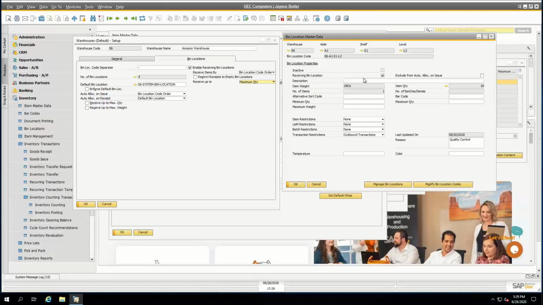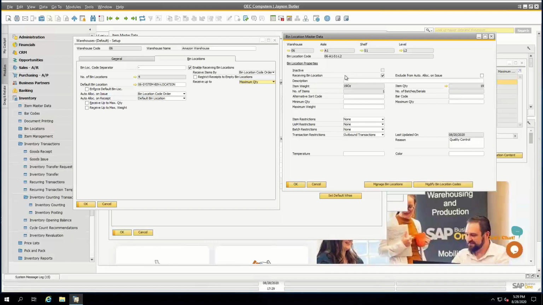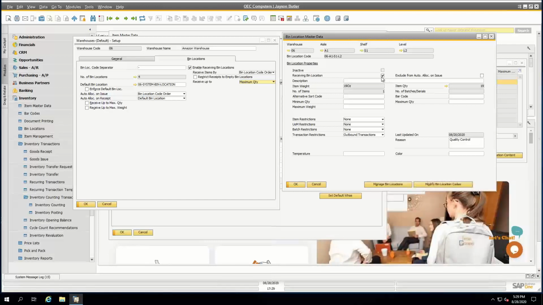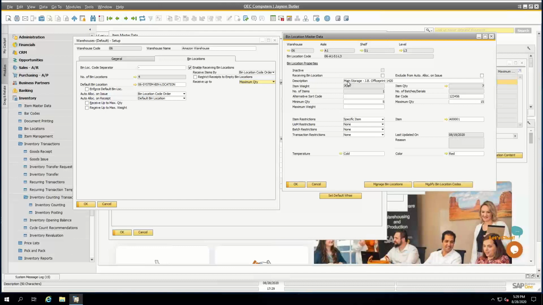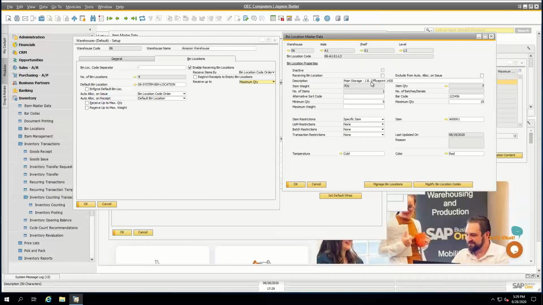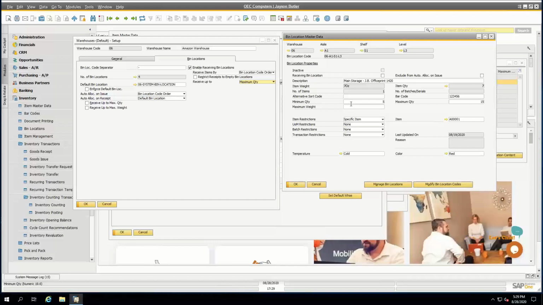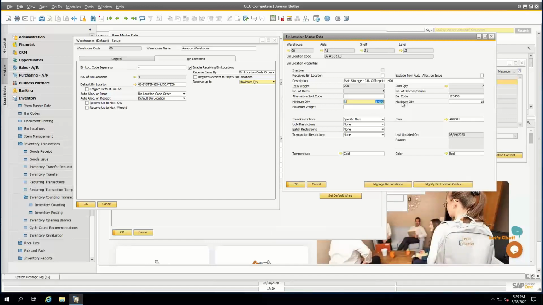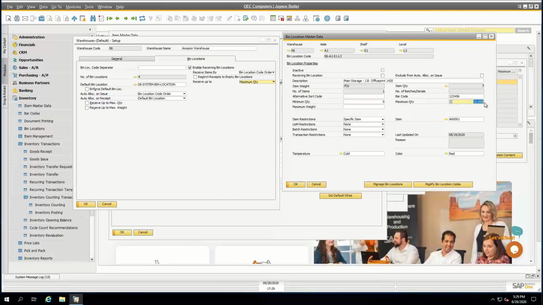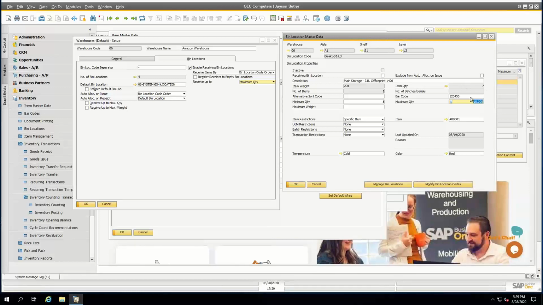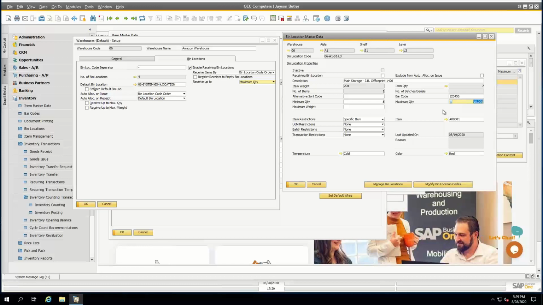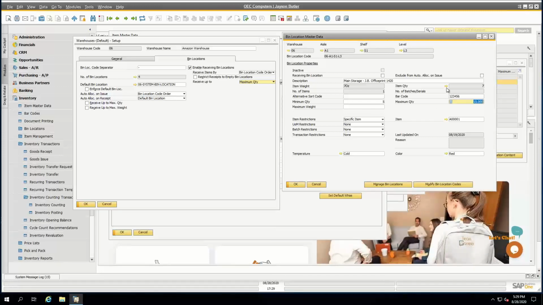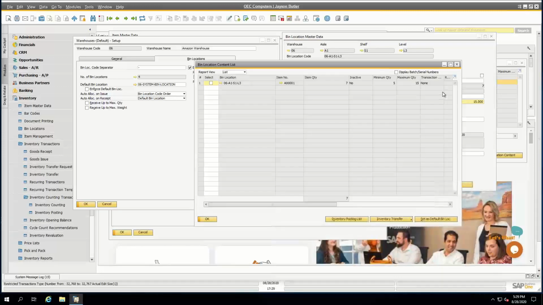As I said earlier, this is a receiving bin, so this is where my product goes first. But if I scroll to my right, for example, I might have a main storage bin location. Here I have a minimum quantity of 5 and a maximum quantity of 15, and I currently have an item quantity of 7. So through these max quantities, you can actually automatically replenish if you feel like you don't have enough stock in